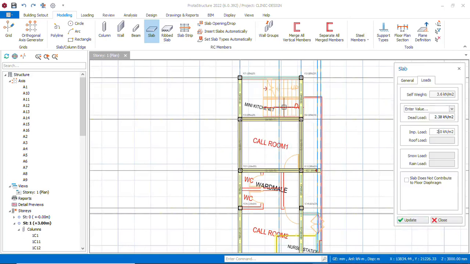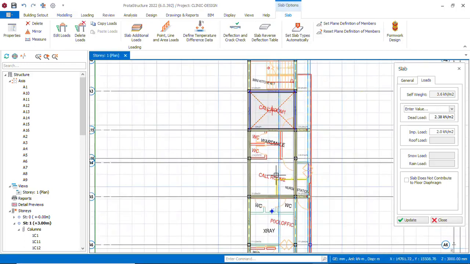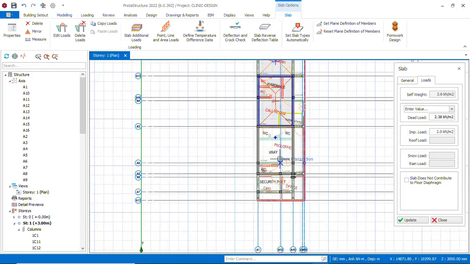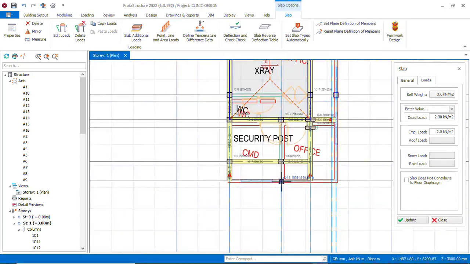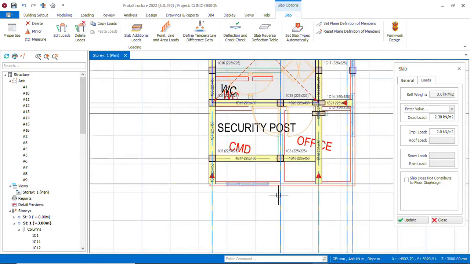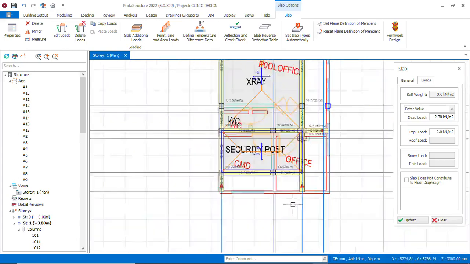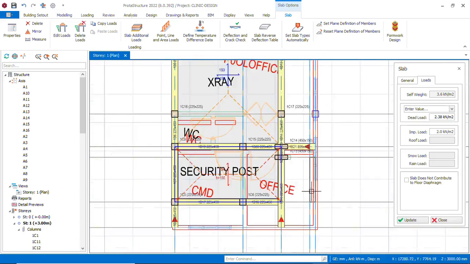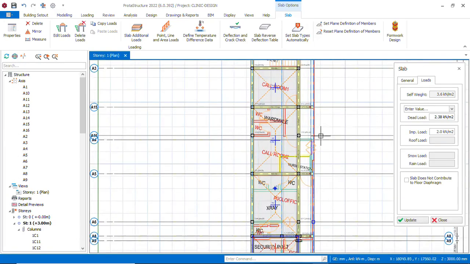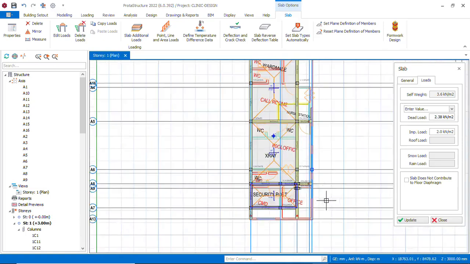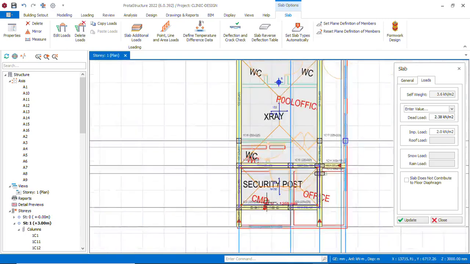Place your slab like this. Place your slab. Have the whole of this slab. Okay. So now, I can still have, you can have a beam. Let's have here. I'm going to have